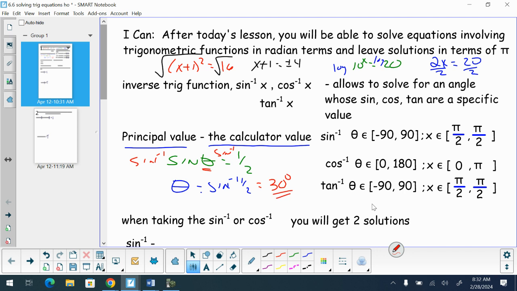When we deal with principal values, inverse sine will be between negative 90 and 90 no matter what. Inverse cosine is between 0 and 180, and inverse tangent is negative 90 to 90. Those are the values that can come out of your calculator. But the problem you run into is